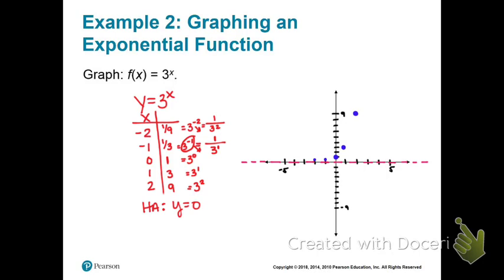So notice as we go to the left, we're going down, correct? But we're never going to go negative. So when I go to actually connect my points to the right, it's pretty easy. So it's going to look like this and keeps going up. But now watch, as I graph to the left there, it's coming down, but it looks like it's flattening out, doesn't it? It's not really flattening out, it's just getting closer and closer to that line y equals 0,